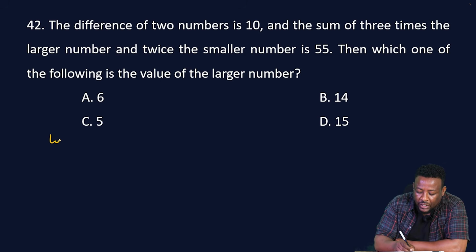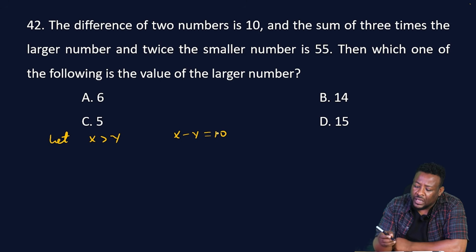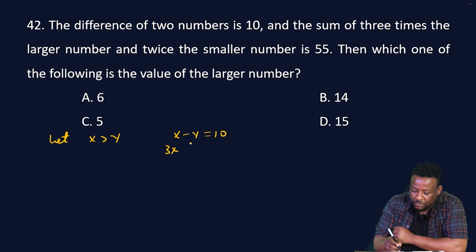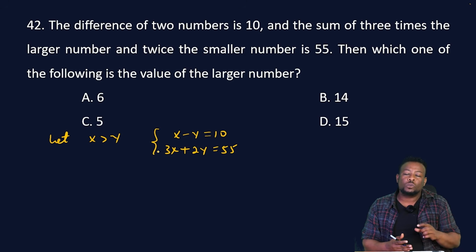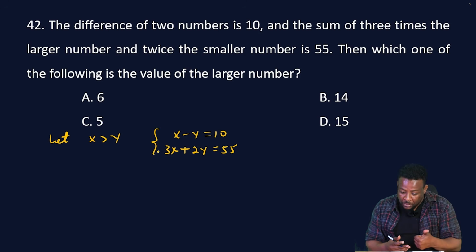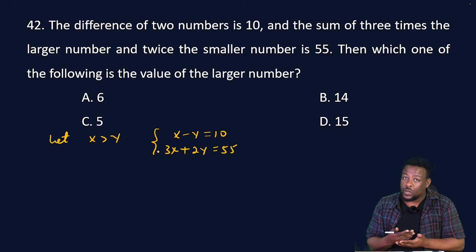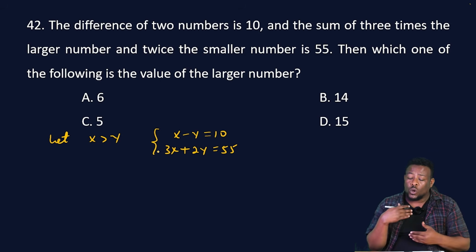okay let the two numbers be x and y okay let we have these two numbers x and y where x is bigger than y so ምንድነው የተባልነው the difference of these two numbers is 10 ይለናል so x minus y is 10 እንላለን the other thing the sum of 3 times the larger number and twice the smaller number is 55 የሚል information ተሰጥቶናል okay so based on this information we are asked to find the larger number so ይሄ simultaneous equation of two variables ነው ስትፈልጉ substitution ስትፈልጉ elimination ልትጠቀሙ ትችላላችሁ